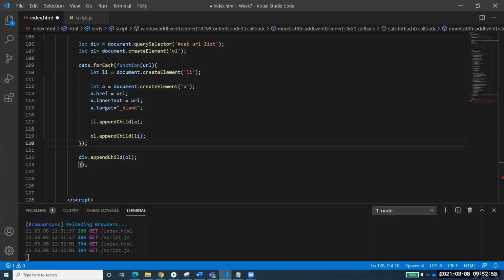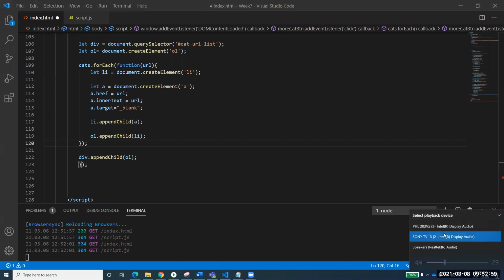Well, the div.appendChild should be inside of the forEach. I cannot hear anyone. Let's just hold on a minute. No, the problem is, I don't know. You are confusing me. First of all, let me tell you that if someone is speaking, I'm not able to hear that. If there is someone who is speaking, I cannot hear that. Okay, just hold on a minute.